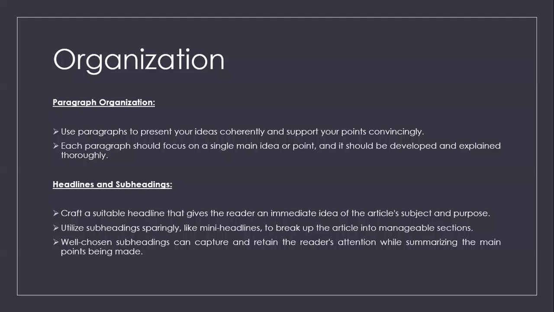Then the first paragraph of your article is going to be the introductory paragraph, where you would be talking a bit about your topic, or you may use a rhetorical question to recall the prior knowledge of your reader. Rather than mentioning your idea explicitly, let your reader recall or try to infer what you are going to talk about. Then, in the same first paragraph, you're going to add your purpose.